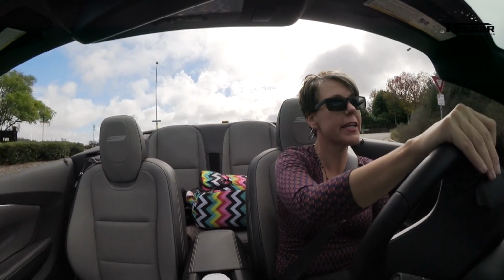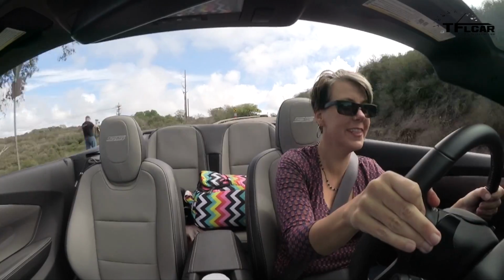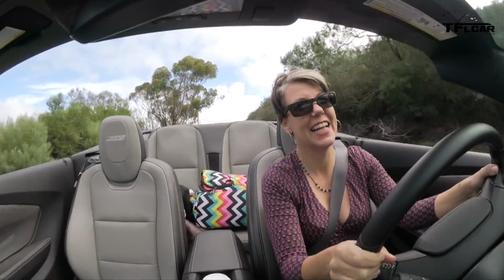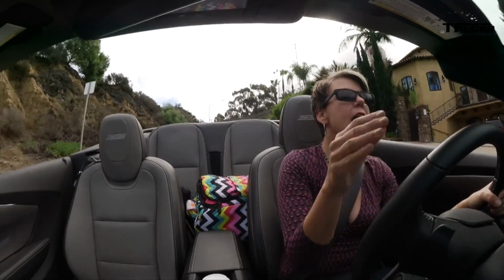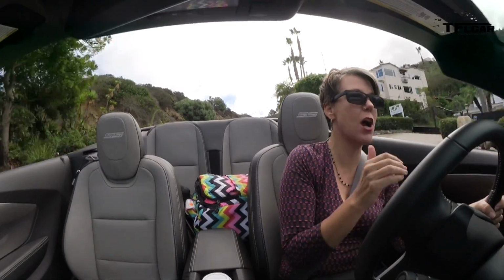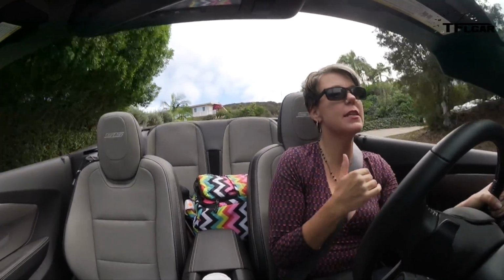The shiftable automatic does shift fairly quickly. And when you stop, it doesn't automatically return to first gear for you. You do have to shift it down to first gear. So what that tells me is that even when I get up to higher speeds, I think I would be